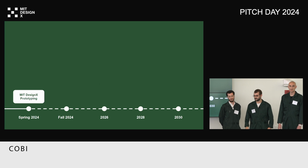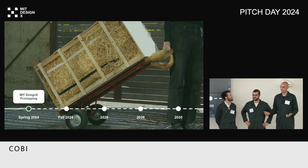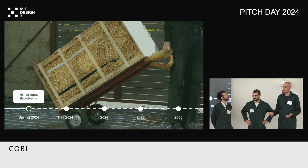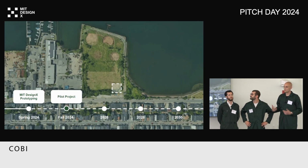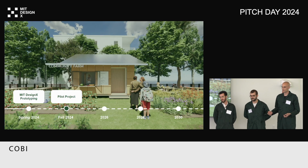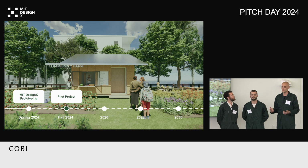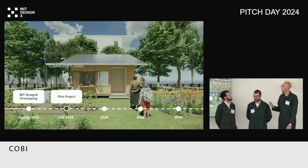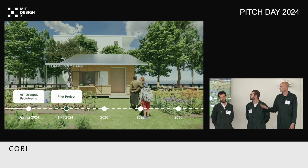And over these past few months of DesignX, we've really enjoyed prototyping, both at full scale and continuing to research and test both the materials, structure, and the policy surrounding the implementation of our product, as well as making some small-scale mock-ups, which you can see over there. And because of all this work, we're so excited to announce that we've secured our first pilot project, which is in partnership with a community-based nonprofit here in East Boston. And for them, we'll be building a structure that supports their programming, which for us is a wonderful opportunity to continue to refine our materials, structure, and gather data about how they work and perform over the course of the next year, as well as a wonderful marketing opportunity so that